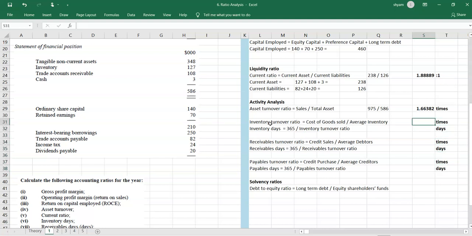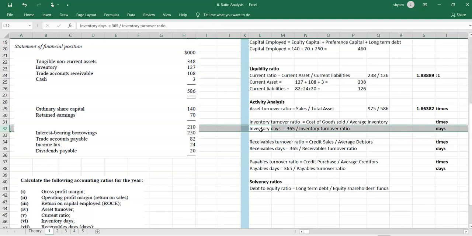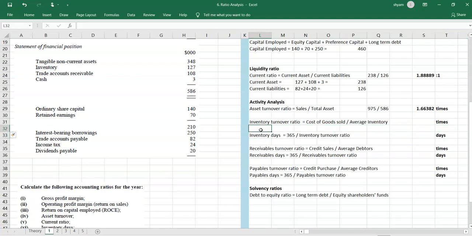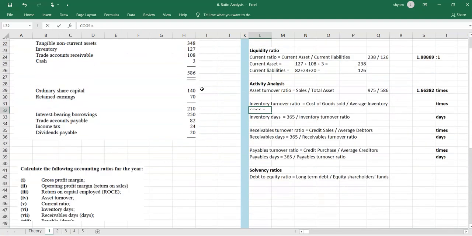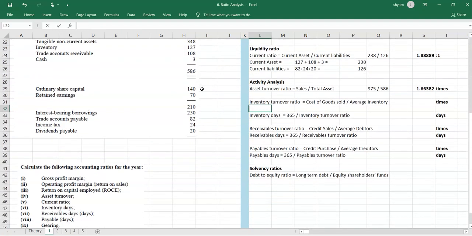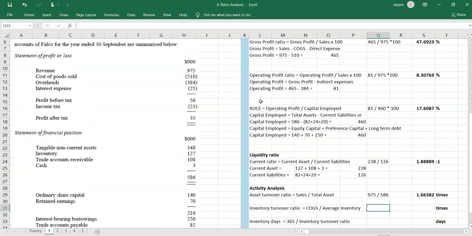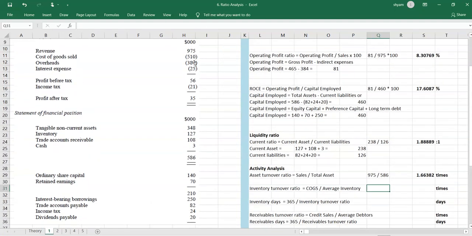So we'll start with the inventory turnover ratio. The inventory turnover ratio requires cost of goods sold. So first we have to get that number. So cost of goods sold is directly given. Okay, so for this sum it's directly given, so we don't need to worry much about it. COGS is 510